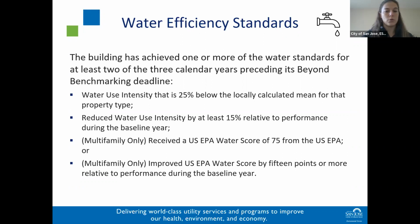Please note that in order to complete the performance pathway for both energy and water, your building must meet efficiency standards for both utility types. If your building meets one standard but not the other, you may need to complete a different pathway for each utility type. If your building has achieved efficiency standards for both energy and water, you may have your benchmarking data